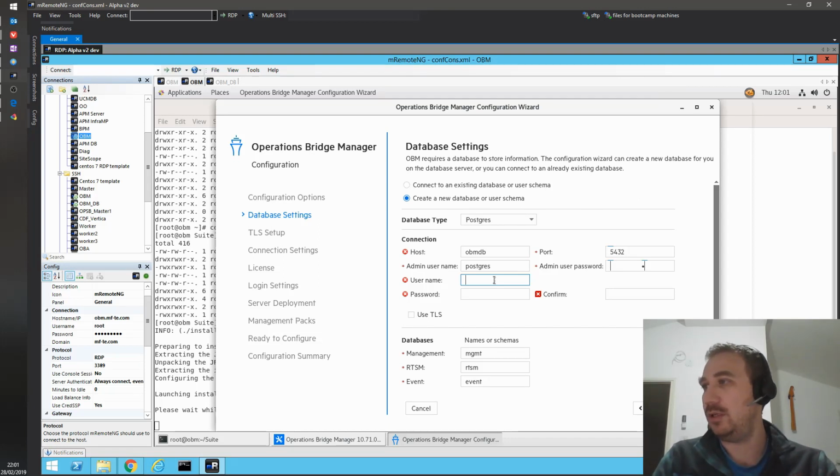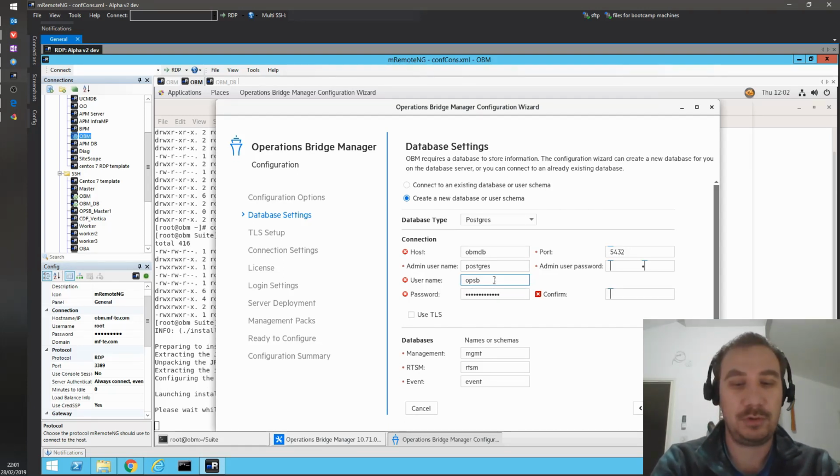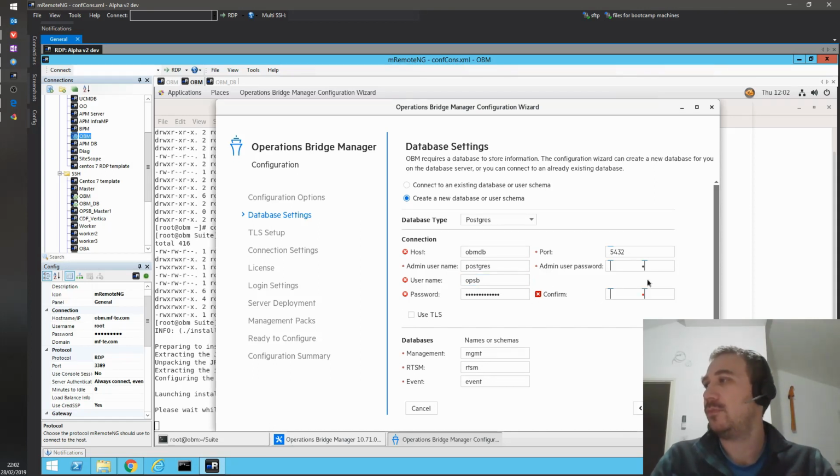Then the username is going to be OPSP, and the password something along those lines. Let's see if it works, or if we need to fix our